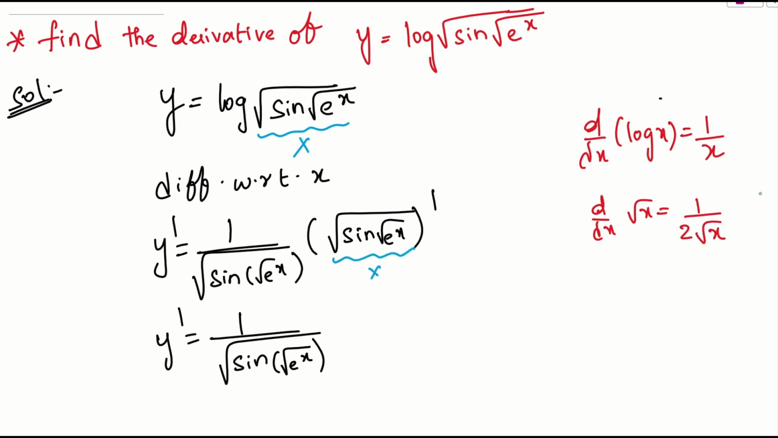What is the derivative of capital X? 1 by 2 root x, where x here is sine root of e power of x. Again, the internal derivative, for sine of root e power of x. Are you getting my point? If you feel any difficulty or any doubt, you just let me know here. Is it okay? Yes. So if I conclude this further, what I will be getting here is